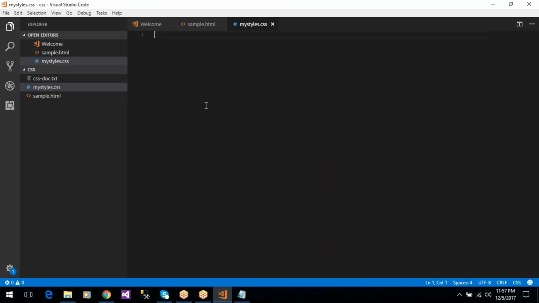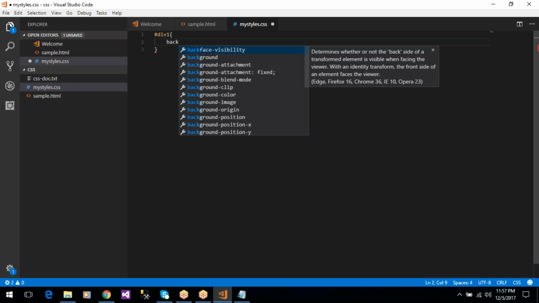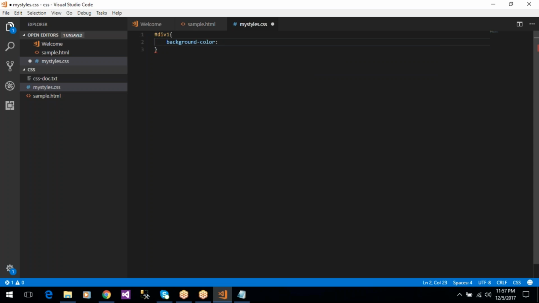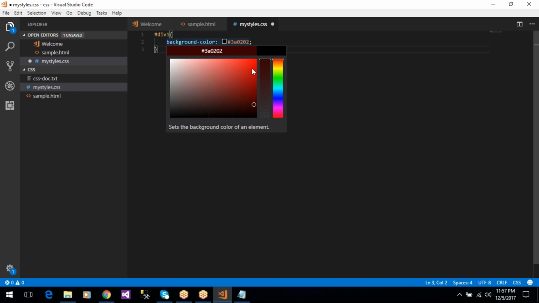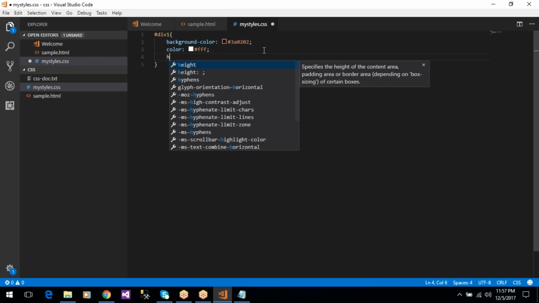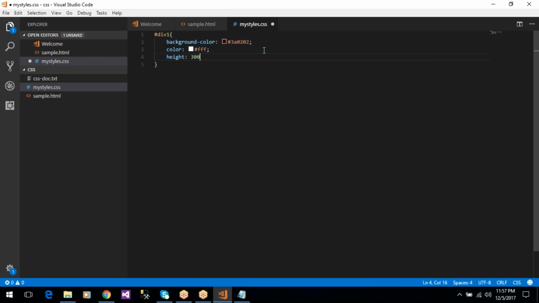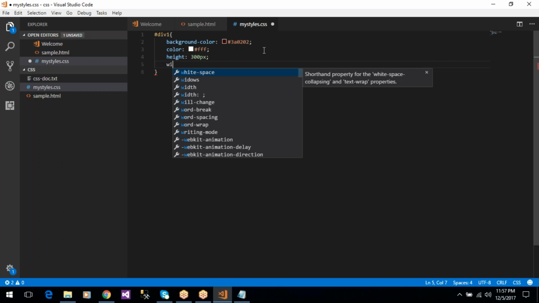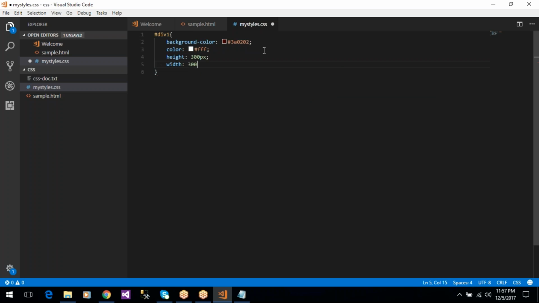So I want to apply some CSS properties. I want to write them for the div1 tag only. I will explain what the use of hash is. Okay, and div background color. This is the color, and the text color, FFF, is the white color, and div height 300 pixels, and div width also 300 pixels,